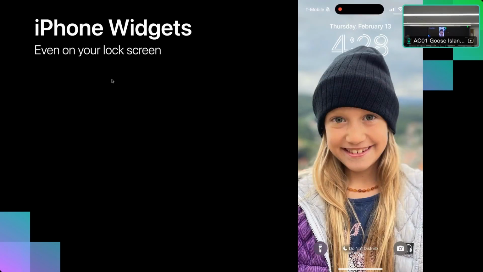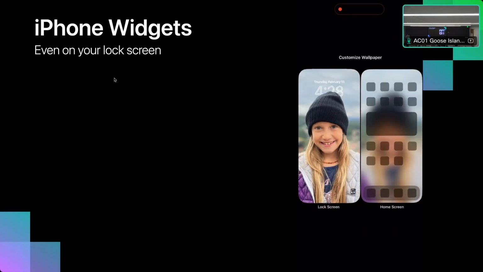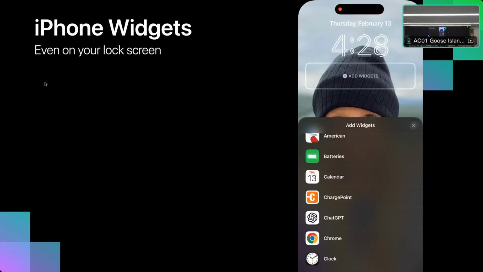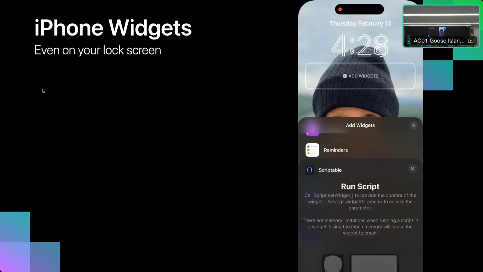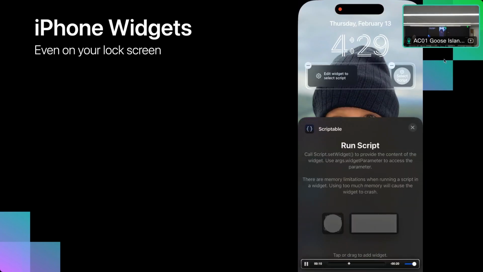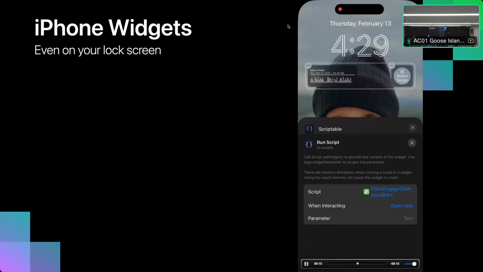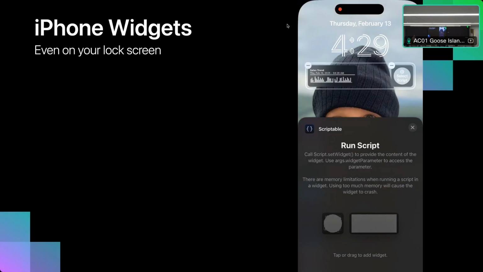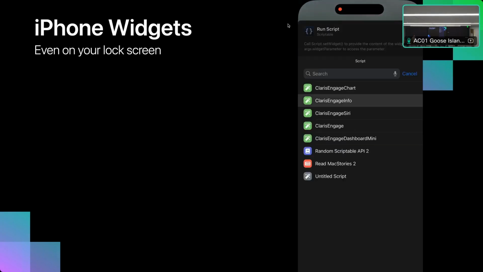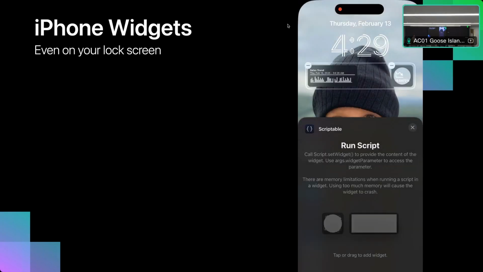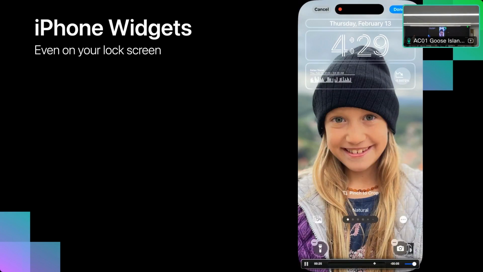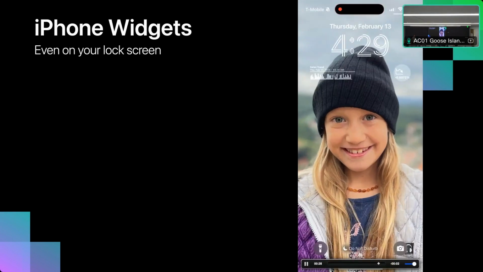So on here, we'll go ahead and we'll edit the lock screen. We'll go into this mode and we'll add a widget. We'll find the scriptable app. We'll choose one of the sizes. And we'll put the rectangular one on the left. And we'll choose another one to go on the right. And now you choose what JavaScript file you want that one to be using, and then that's it. And now they're live on your lock screen. So this is something where you can just lift up your phone and you have insights on the go.